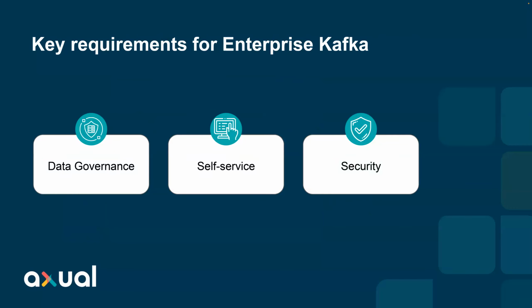So some takeaways for what the key requirements are for having an enterprise Kafka. Typically, you need to worry about data governance features: who can do what, who has authorization to do what, who do I trust to make the right decisions in the configuration of this big platform. Finally, if you have that authority, then you should also have the tools to do that, and that is all encapsulated into self-service. And of course, the security should very much be in place, so there should be no discussion about any validity of the security. That should always be adhered to.